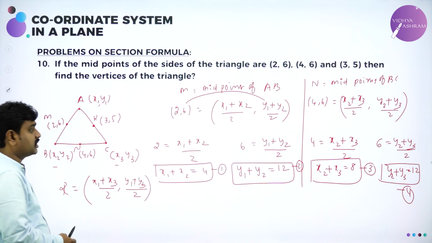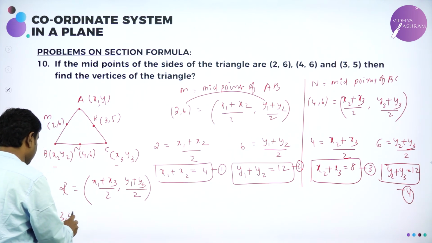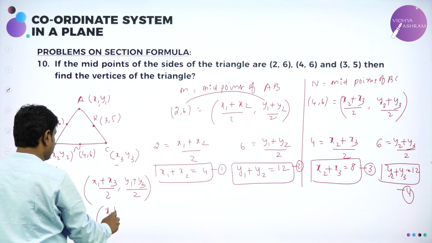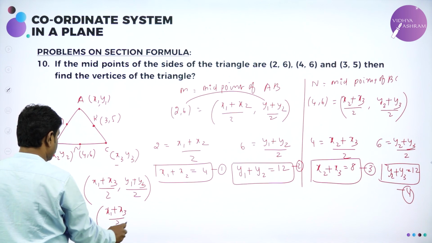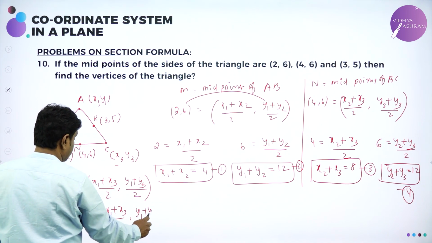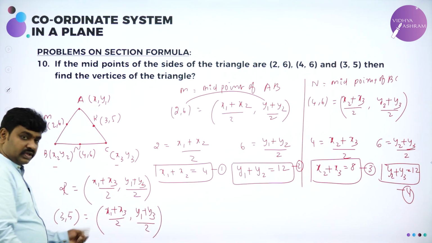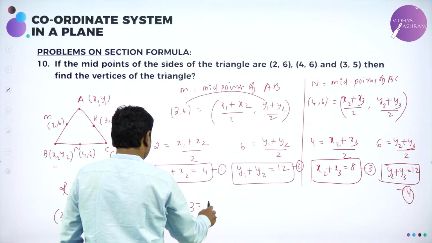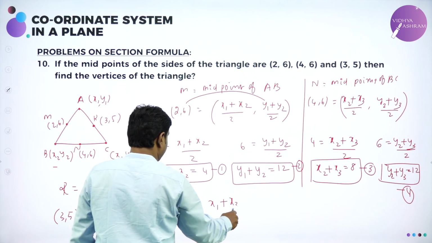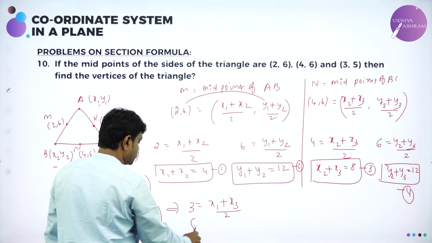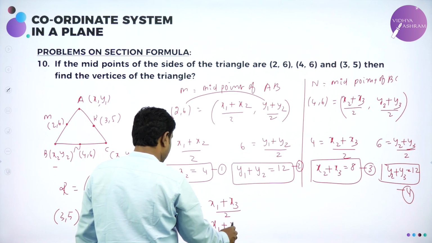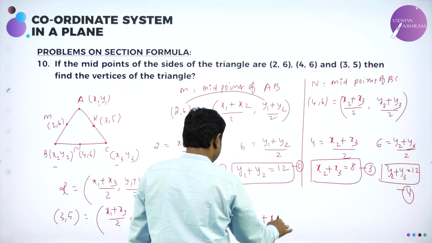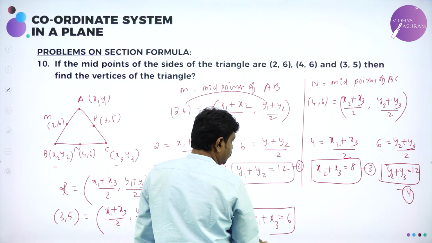So now, you know what is the R value? (3, 5) is equal to the sum of these two, that is (x1 plus x3) by 2, (y1 plus y3) by 2. Equate x with x and y with y. If I equate the x coordinate with the x coordinate, that implies 3 is equal to (x1 plus x3) by 2. Cross multiply, 3 times 2 is 6, equal to x1 plus x3. You got the x1 plus x3 value. What is the x1 plus x3 value? 6. Call it as equation